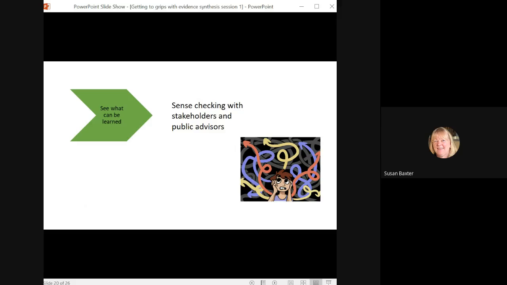So once we've put all the studies together, the next really key element of the process is trying to work out, well, we've put all the findings together, we know what the research says, but what actually does this mean? So what can we learn from having done all this process? And this really important element is sense checking what we found out with our stakeholders and also with public advisors. So, you know, what does all this actually mean for the public, for health research and for health